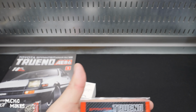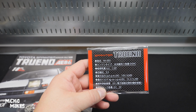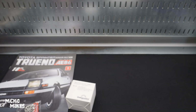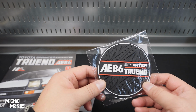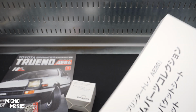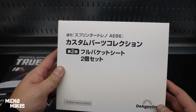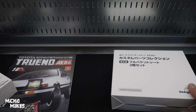This is a kind of plaque that you can put underneath your vehicle when it's done. It gives you the tech specs of it. I also got the coaster, and something else. This is the bucket seats. 2 bucket seats. Super cool. And last but not least,